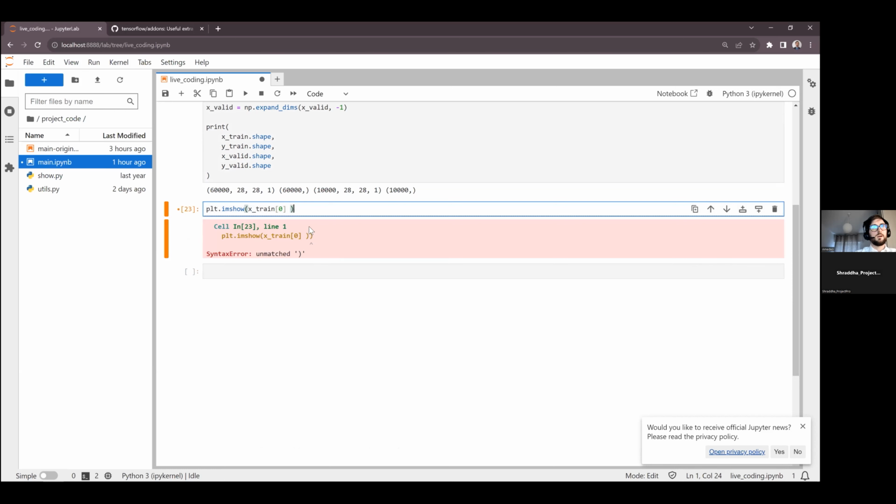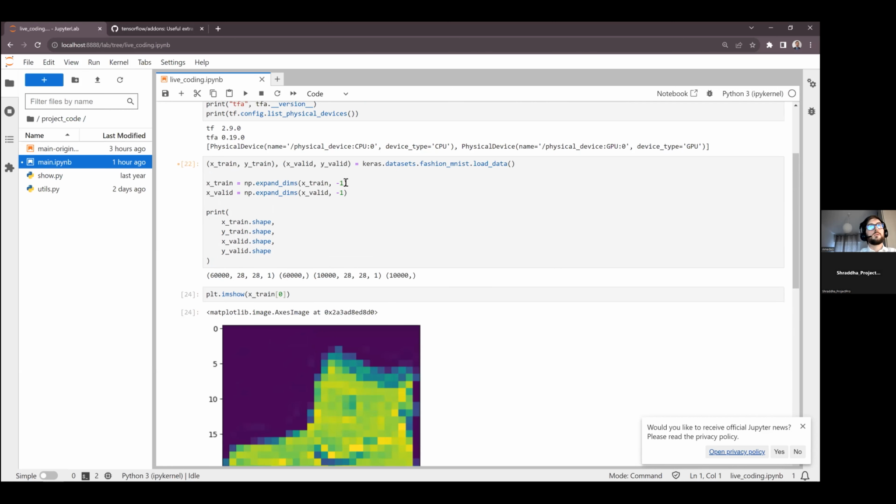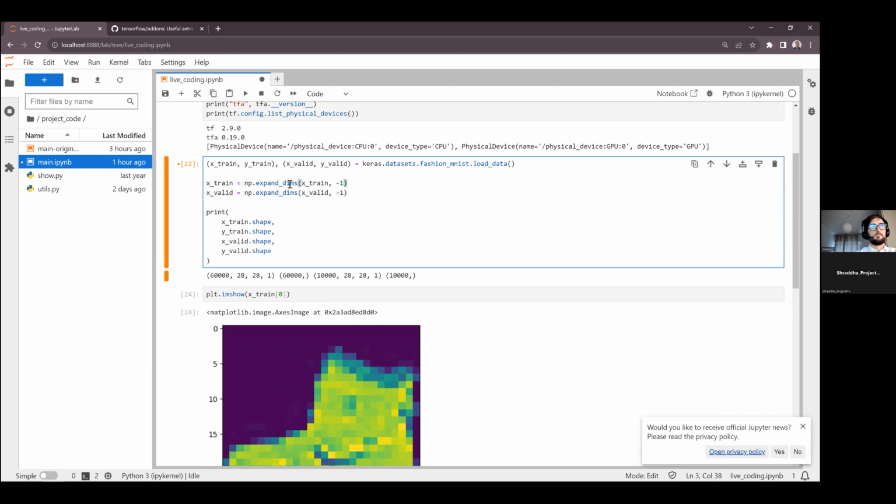Let's see if now it's in black and white. No, it's again the same. Maybe, I don't know if we repeat the same channel 3 times, if we get a black and white image, we can try. Instead of that, we can try to stack the image 3 times. Just experimenting.